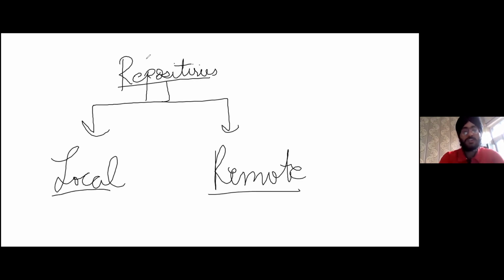Local, from its name, you can say, is something which is just on your PC, on no one else's PC. And remote is that which is stored on a cloud, which can be accessed from, let's take an example, from my place and can also be accessed by someone who is in America. But the local repository can be accessed only by me. All right, so now I'll be showing you how to create your own repository.